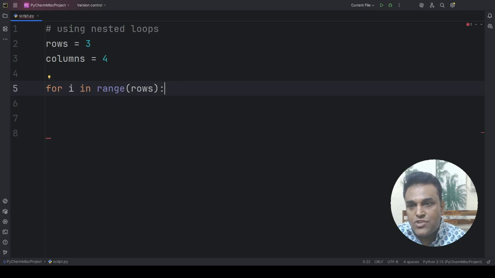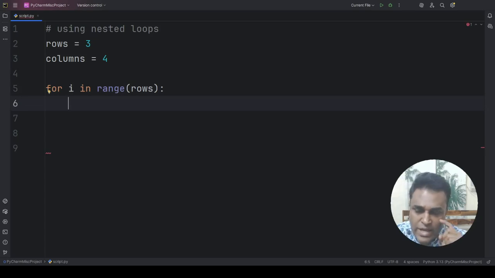So if I say range rows, that is 3. So it will go from 0, 1, and 2. And I need these index values. Basically, these are going to be the index values 0, 1, 2. Okay, so the first, second, and third row. And then what I'm going to do is I need to create